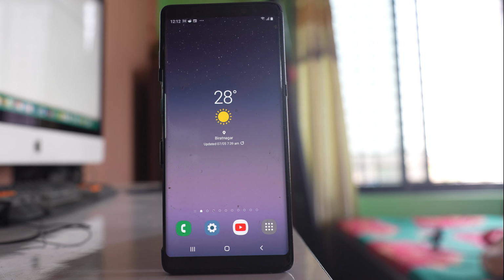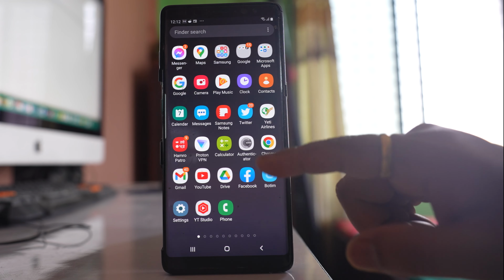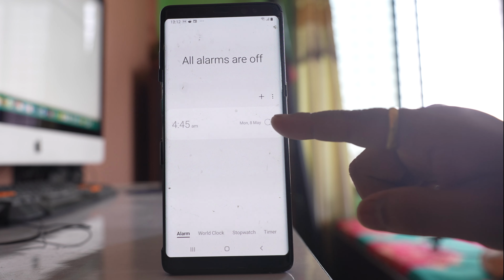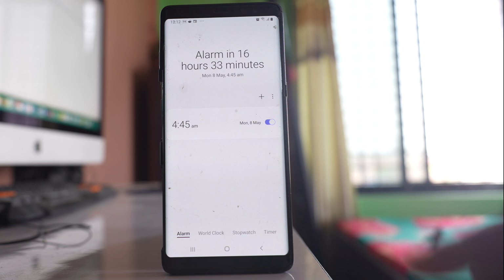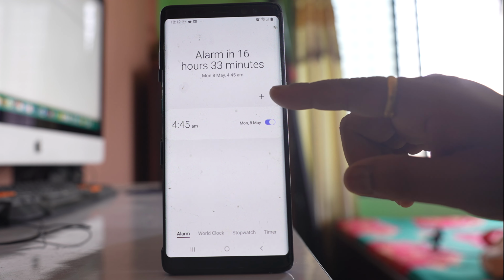If suddenly the alarm has stopped ringing when your phone is on mute or vibration mode, then what you do is go ahead and open the clock application. Suppose I enable this alarm at 4:45 a.m. in the morning, and if it does not ring, then what you do is tap on these three dotted icons here,